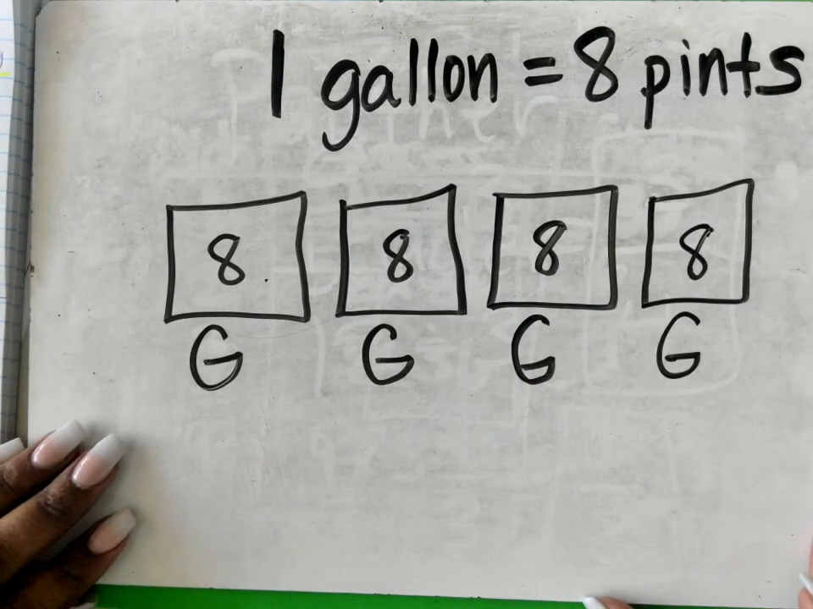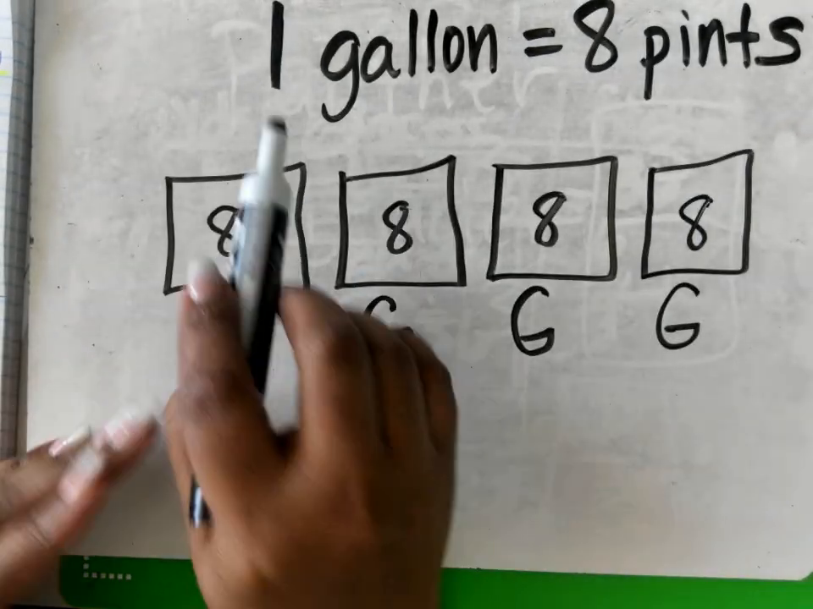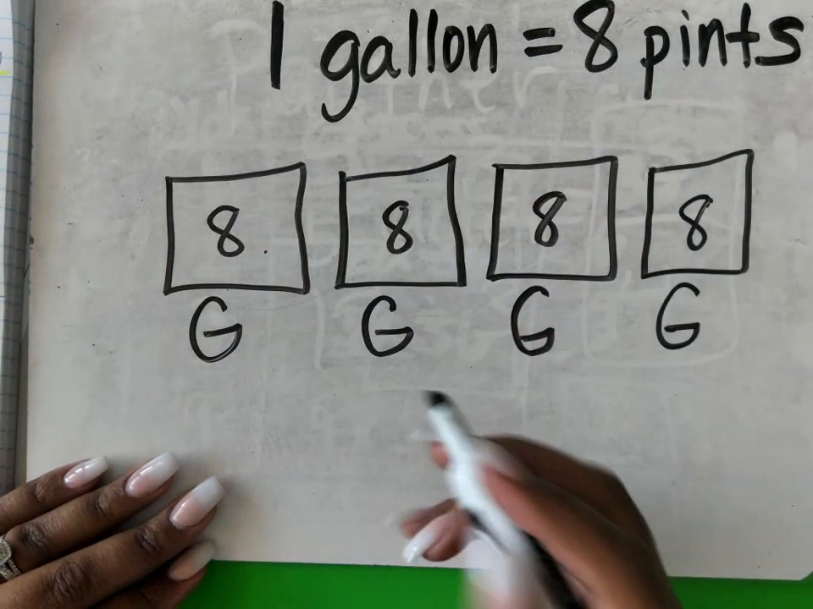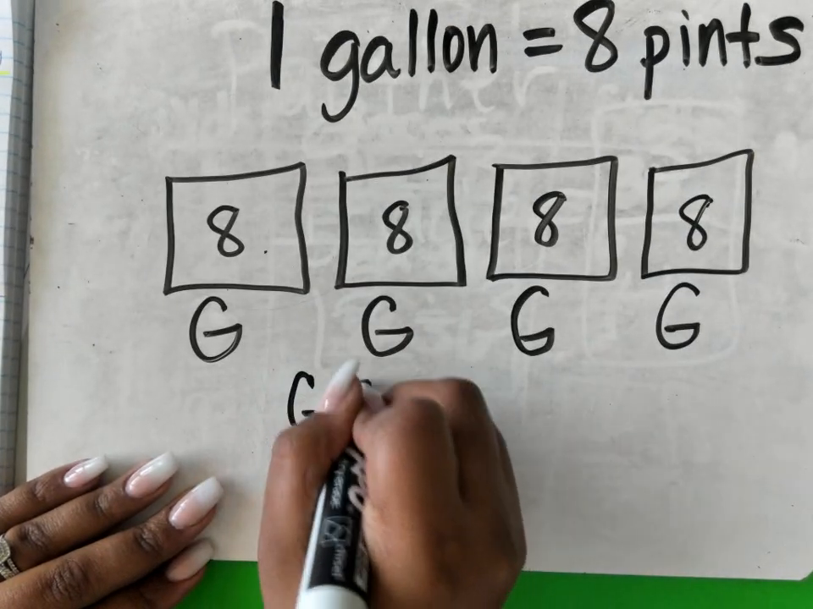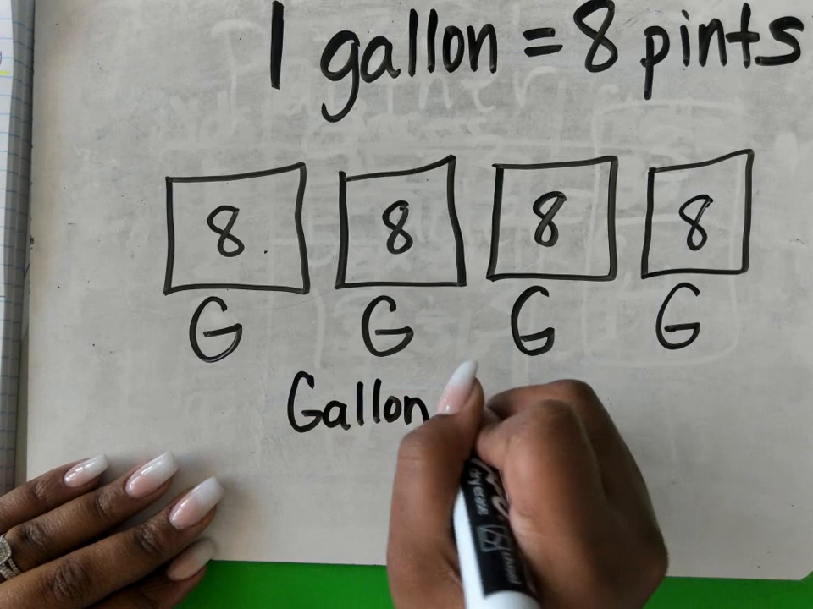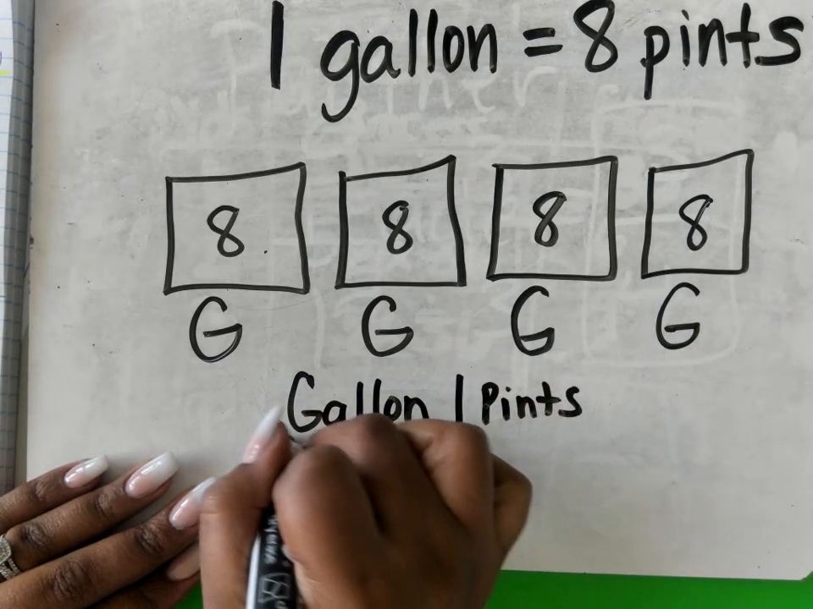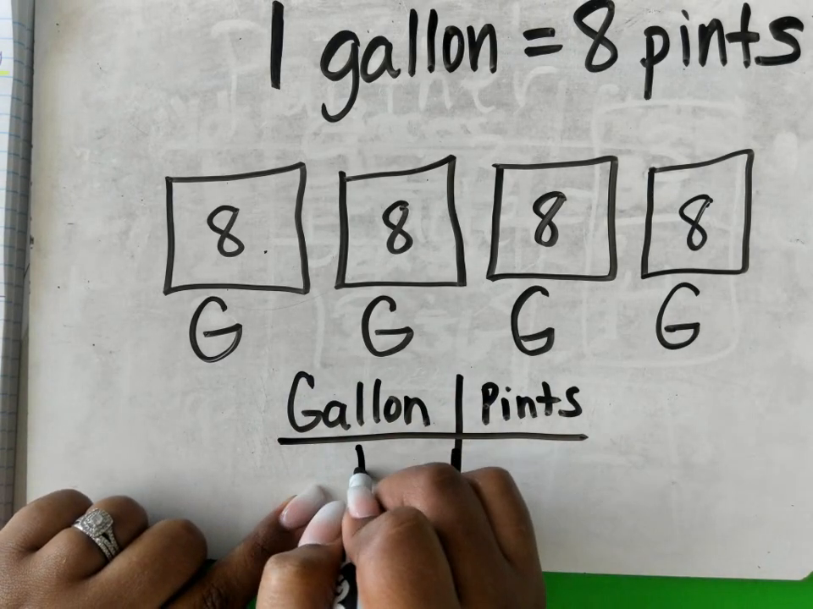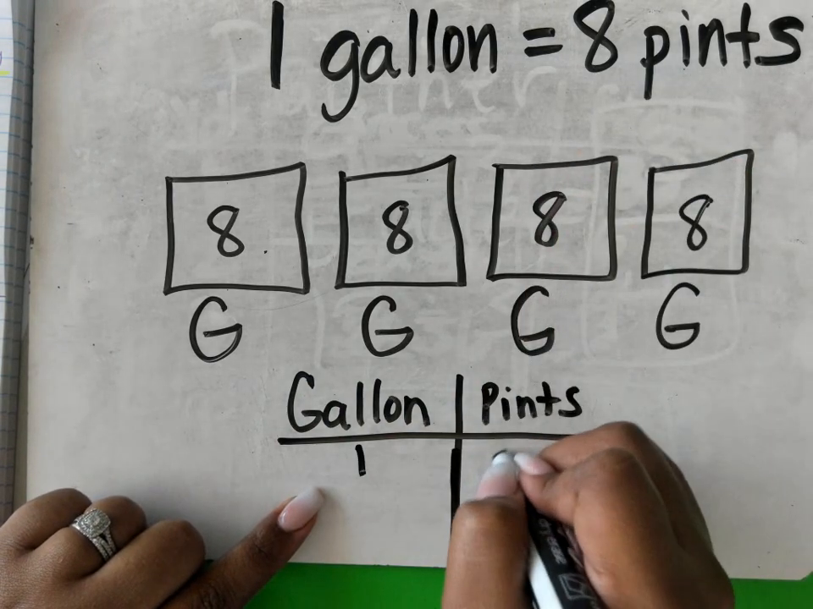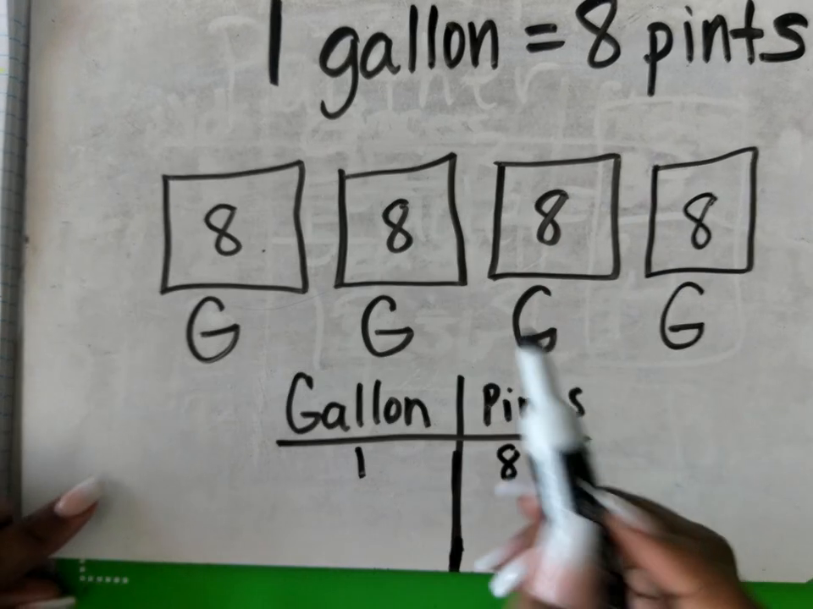If I was to use an input-output table to show my relationship between 1 gallon and 8 pints, just like we did in class, gallons, pints, just like I have here, 1 gallon is the same as 8 pints, right? If I have 2 gallons,